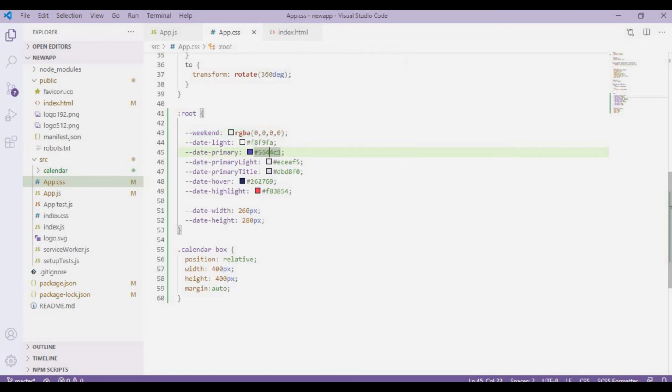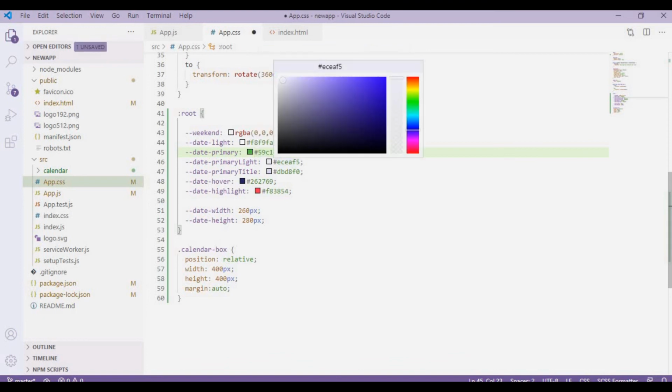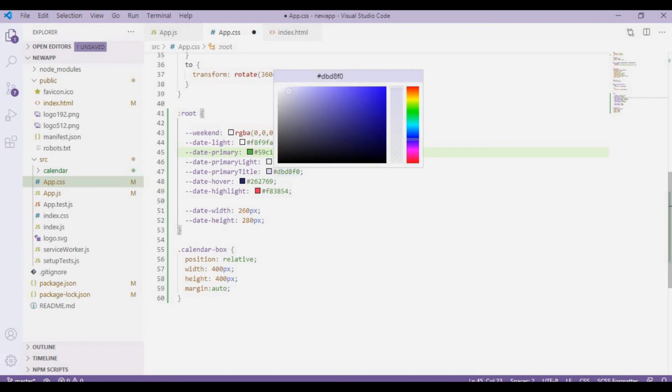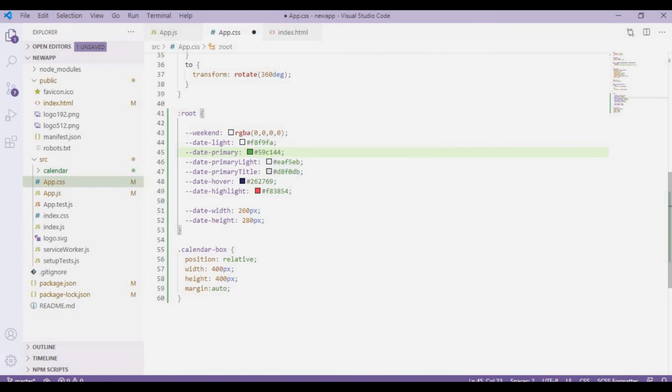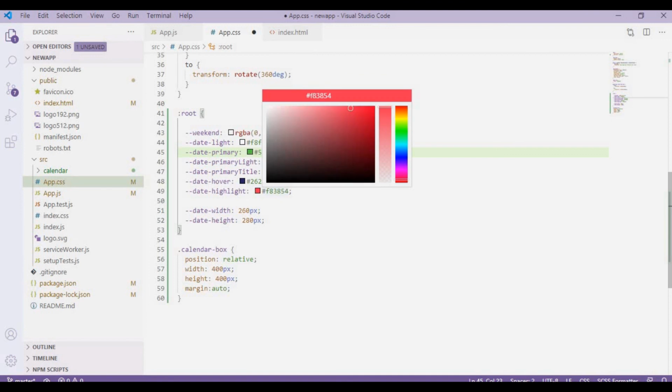So I'll change the primary theme to something related to green, and primary light is also near to green concept, and primary title is also in green view like this. However, I'll leave this over in this mode, and I'll change the highlight to yellow,